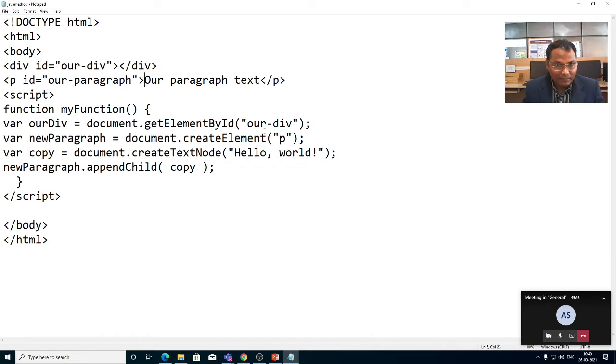Document by id, create new paragraph, p, copy, new paragraph. So next the node "hello world" should be created.